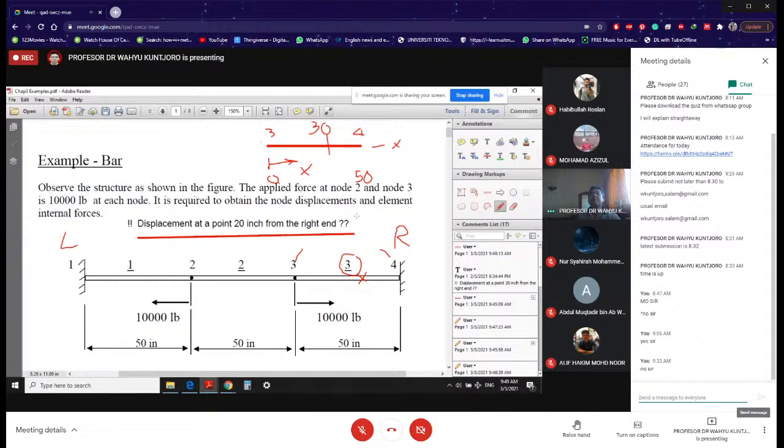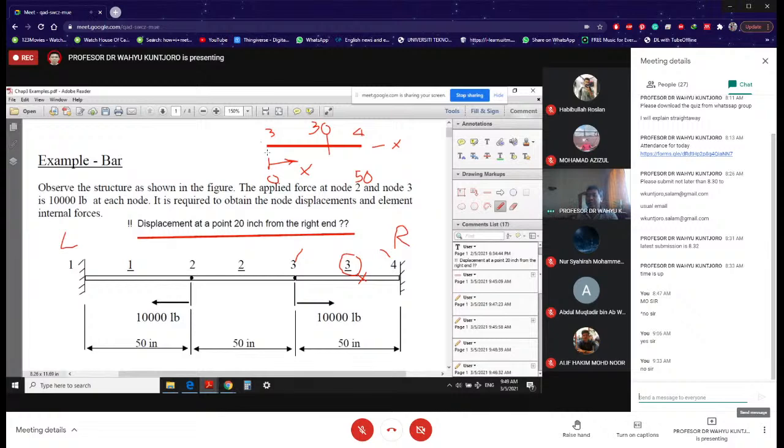Why 30? Because the total is 50, and this point here is actually 20 inches from the right. That means from the left, the x value is going to be 30. So remember,